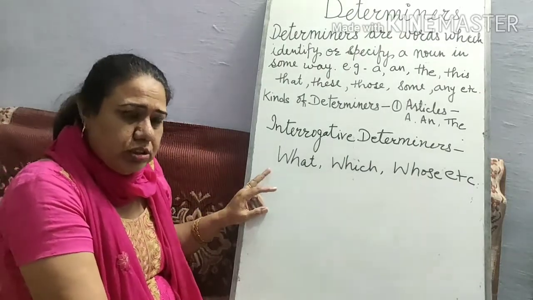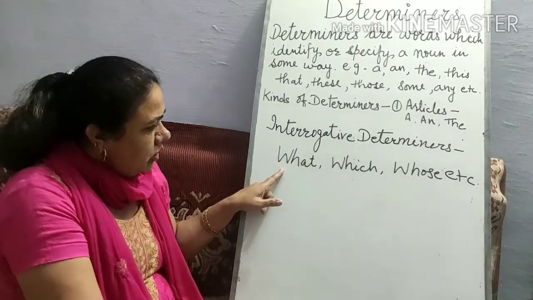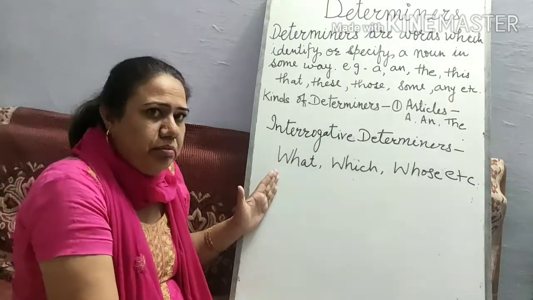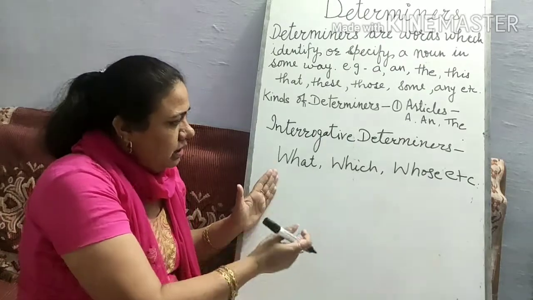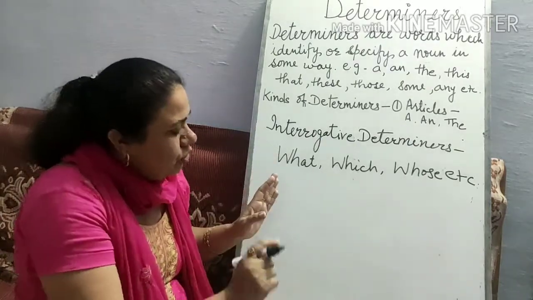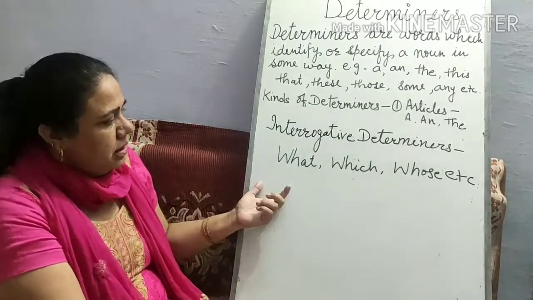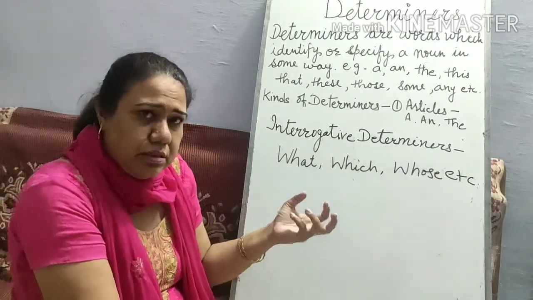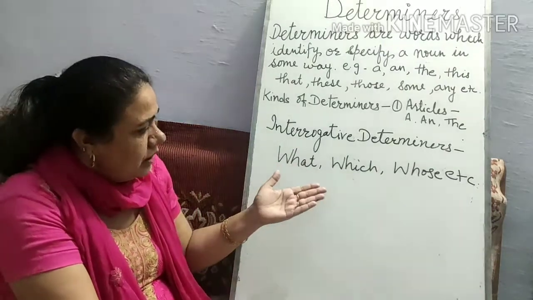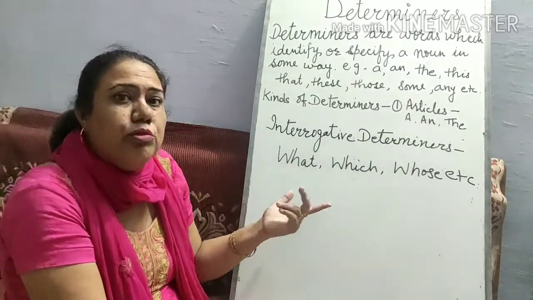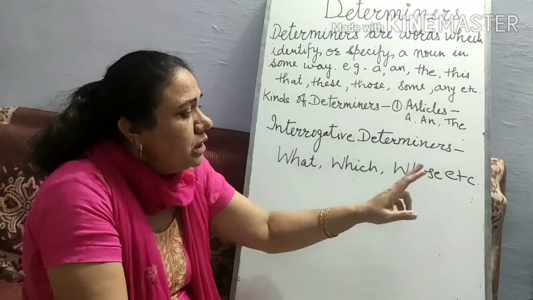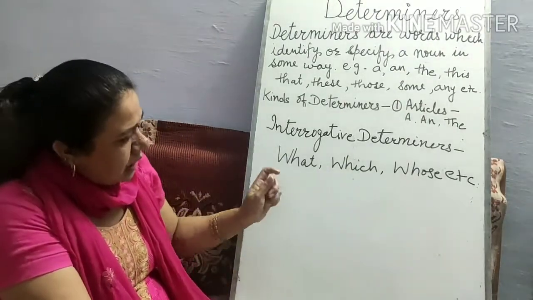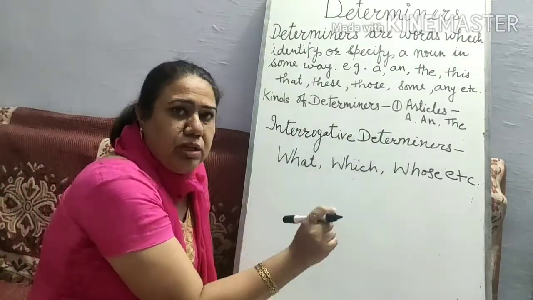Words that arise the question. What is your name? What are you doing? What is the time? So these types of sentences are there, and in last we put the question mark because the question arises there. In which class do you read? This is a very simple sentence. Which book do you like to read the most? Whose book is this? Whose notebook is this? So these types of questions, and at the end we write the question mark also.